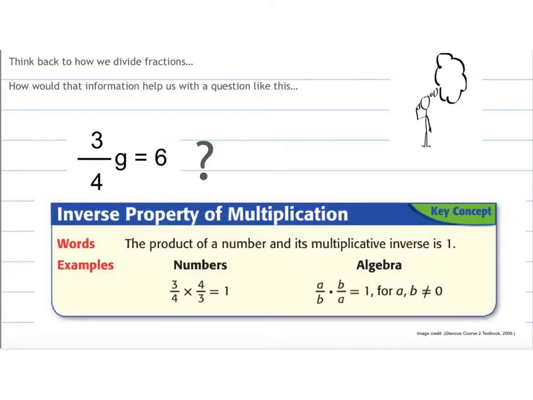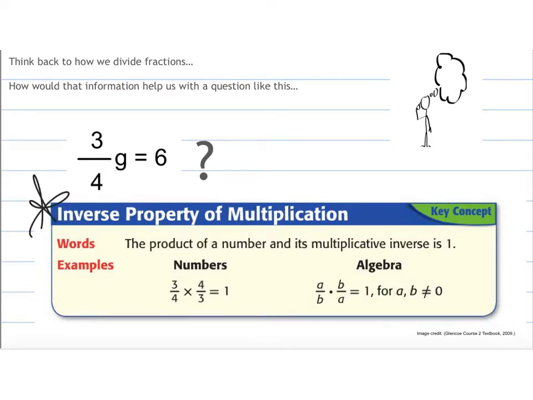All right, something to think about here is to think back to when we were working with our fractions and how we would divide fractions. What information would help us to be able to solve this problem? If we had 3/4 times g equals 6, what things would we need to know in order to solve? One thing I want you to have written down in your notes is right here, the inverse property